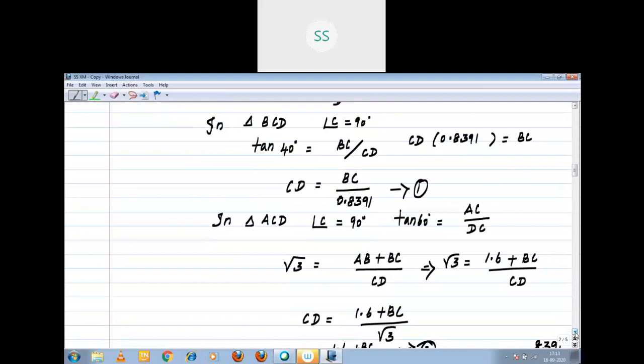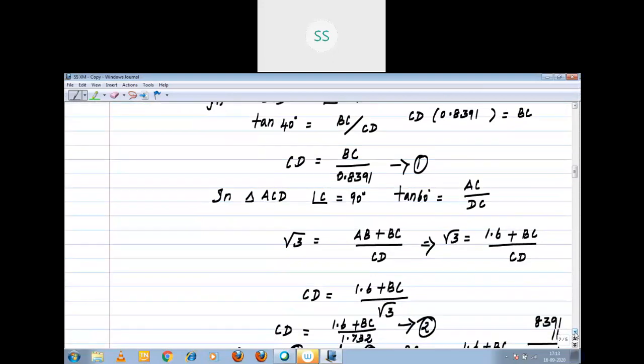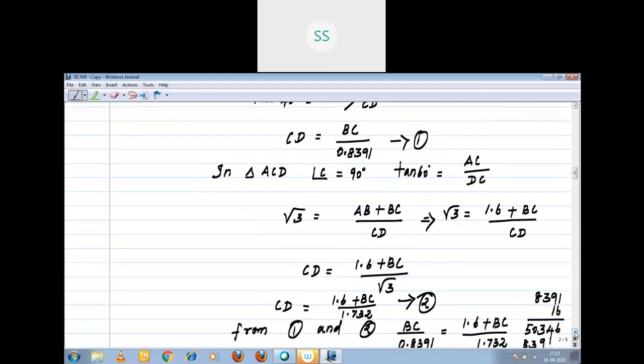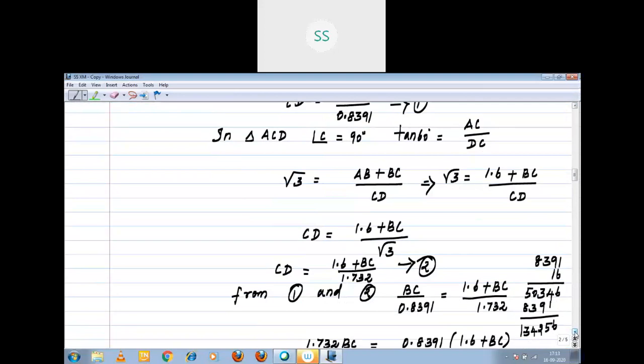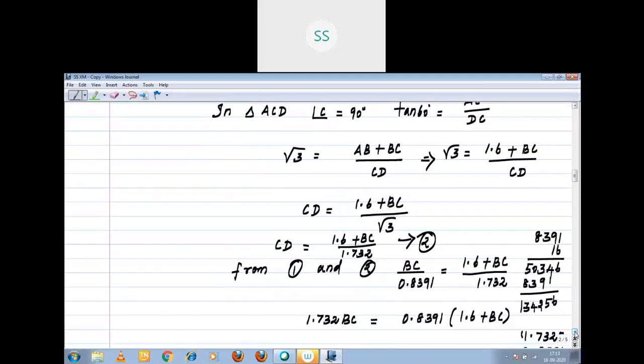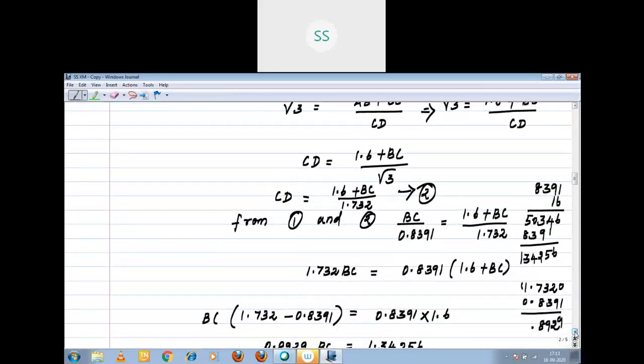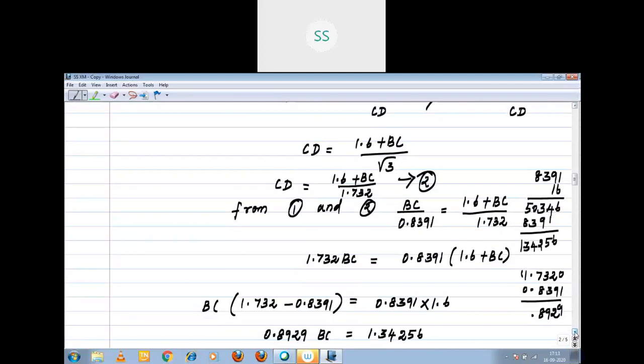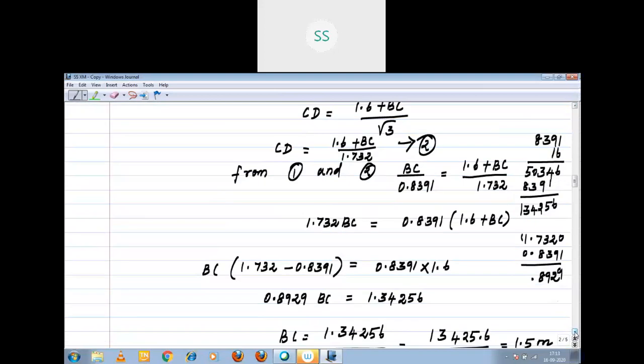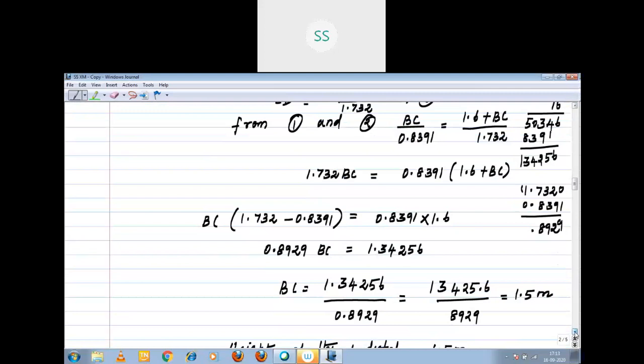Then triangle ACD, angle C is equal to 90 degree. The same concept, tan 60 degree equal to opposite by adjacent. AC can be written as AB plus BC. AB value you know, that is height of the statue, that is 1.6. That you have to substitute. You arrived CD equal to 1.6 plus BC divided by 1.732. You are equating. Then you cross multiply. Then you took BC as common. You subtract, you get it as 0.8929 BC equal to